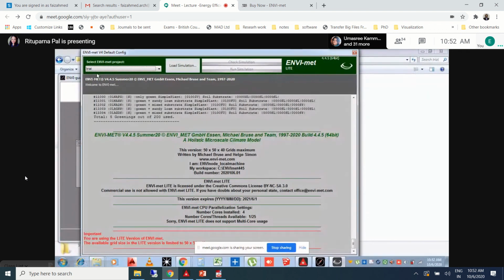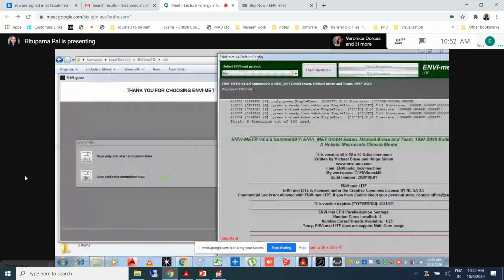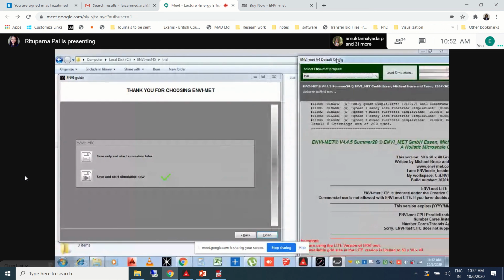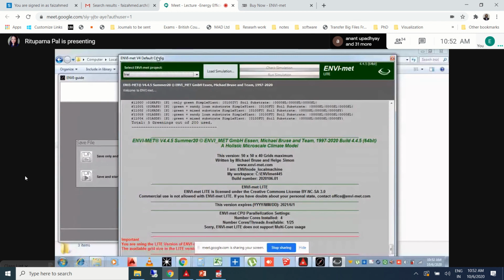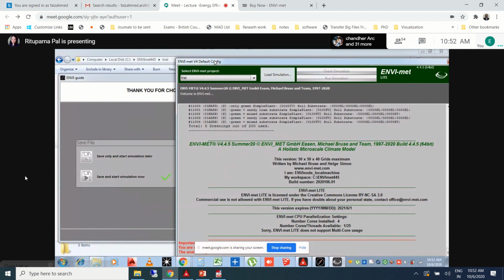Ma'am, can you please repeat from when you got this old file on? From where I got this? The dialog box that you right now have. Yeah, this dialog box will appear automatically once you have your save and simulation start now option.